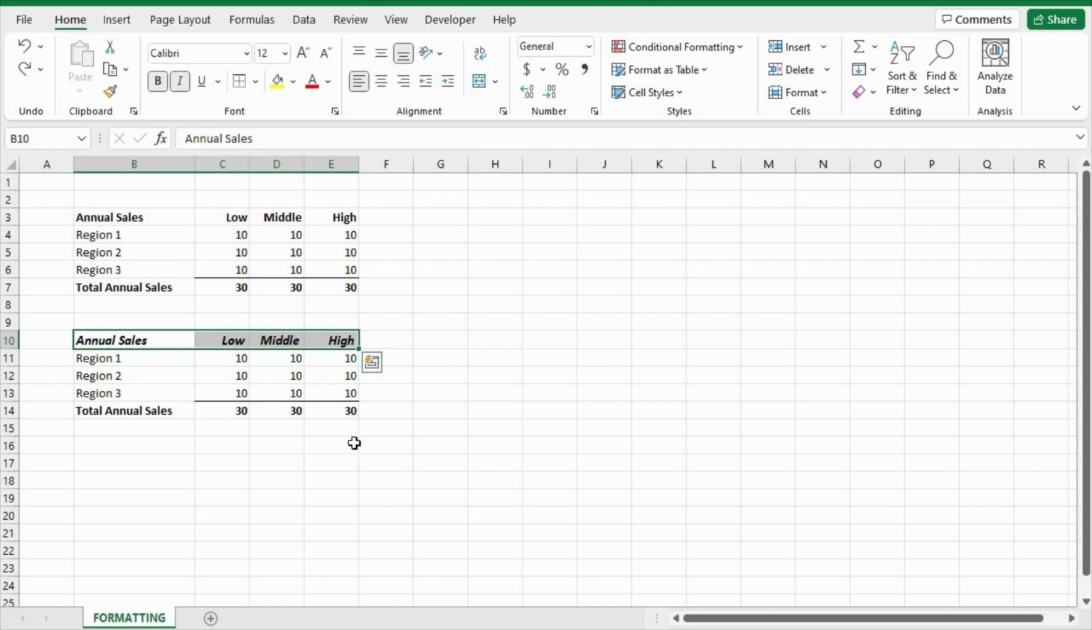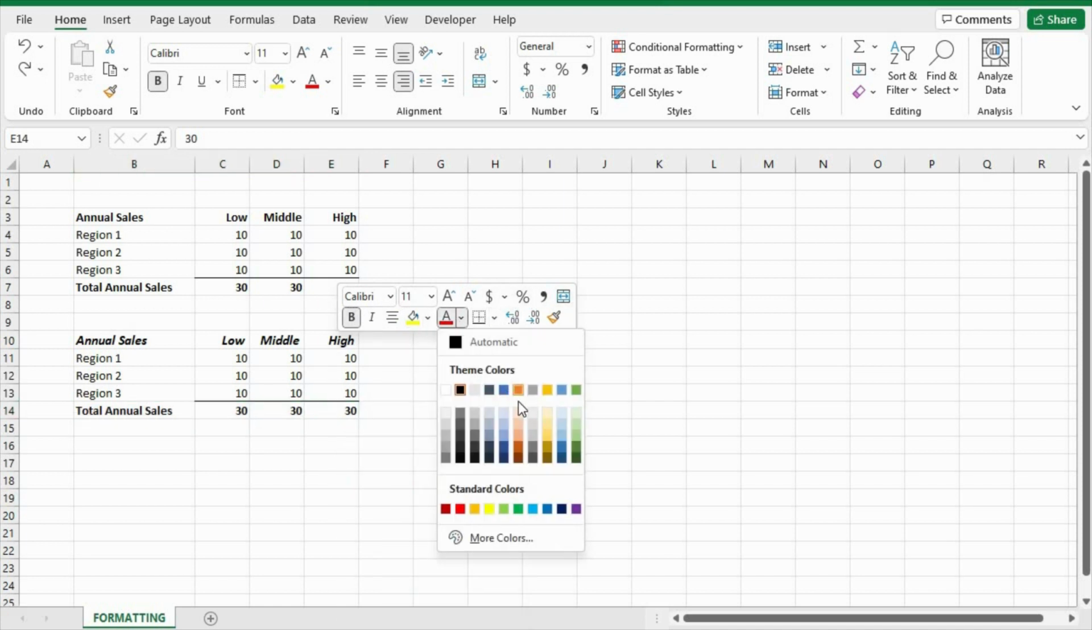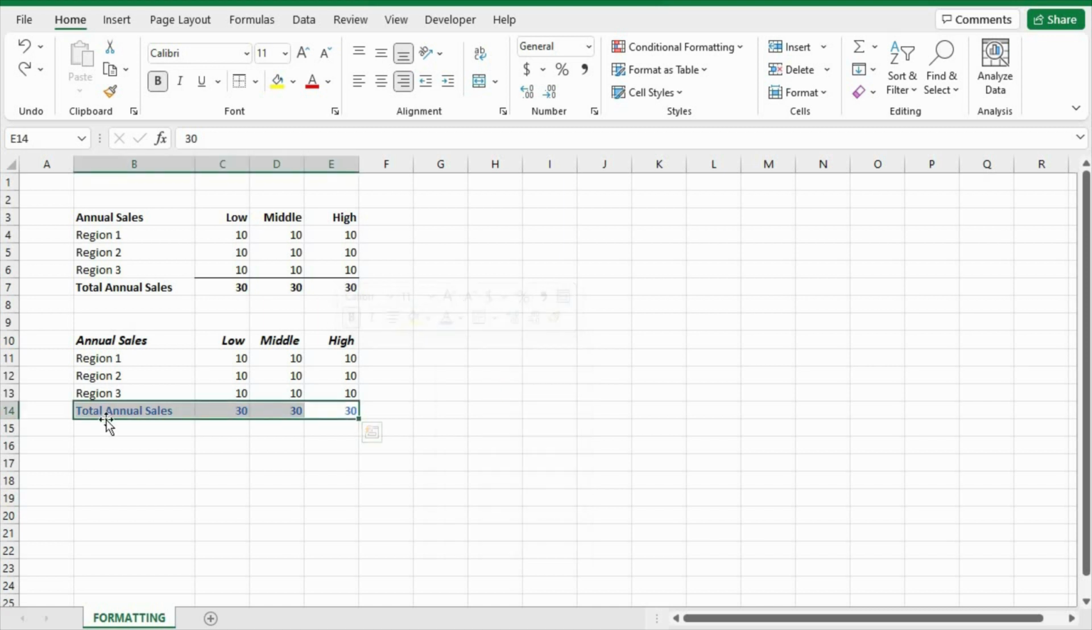We might leave the italicized. Another thing you can do is just use the shortcut here that comes up if you right-click on it. So here are those same options, and we can change the font color. Now, clearly this one looks better, so we're going to stick with that one, but there are those options available,